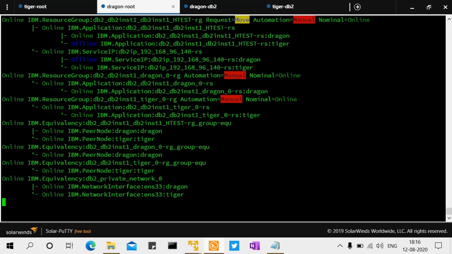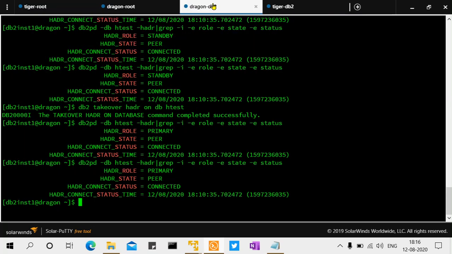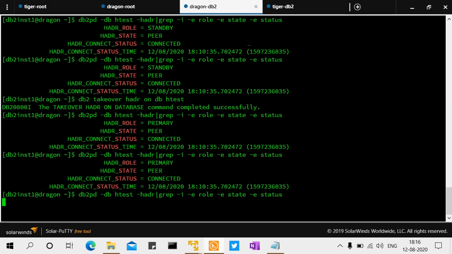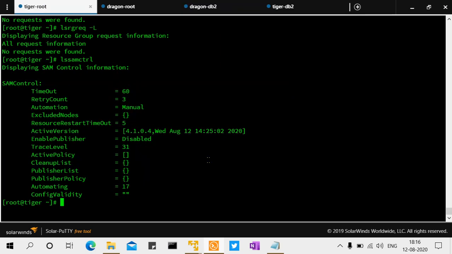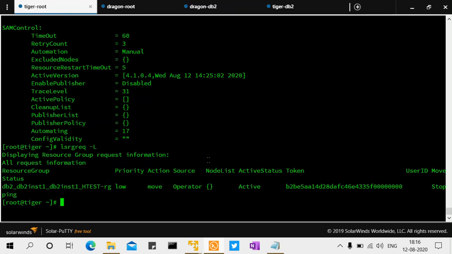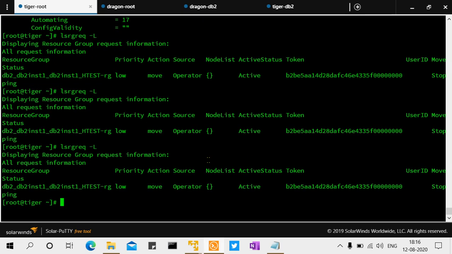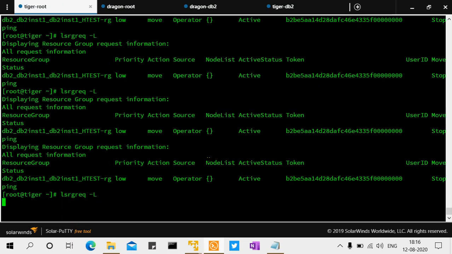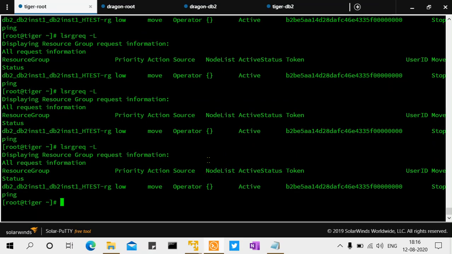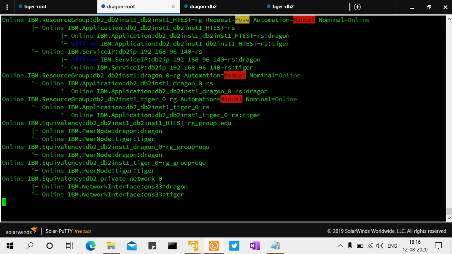And what we'll do, since the automation is manual, we have to set it back to automation mode. So automation should be automatic, right? It should not be in manual. But I don't know why, even after executing the request, if you come here, see, the request is still there. So maybe we'll have to wait till the request gets completed. Because if the request is not getting completed here, it's going to say request move here. So it's not going to change that. Let's wait for some more time.